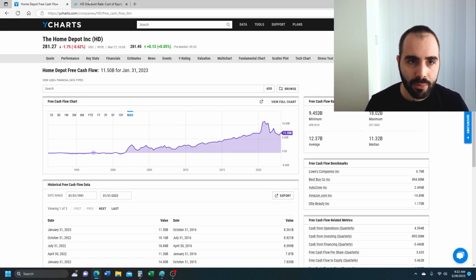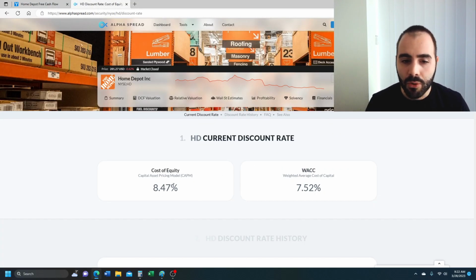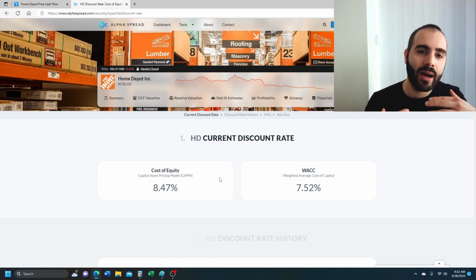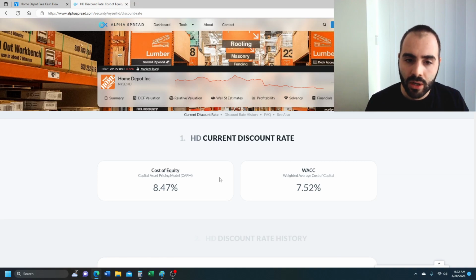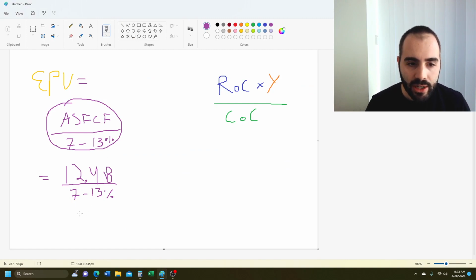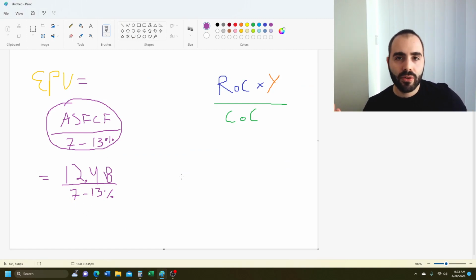If you look at, for example, Alpha Spread here, they go out to the second decimal place in terms of calculating the weighted average cost of capital and the cost of equity using the capital asset pricing model. This is largely academic nonsense. They are roughly accurate in approximating it, but there is no way you can determine what your actual cost of capital is. Only you can determine that for yourself. And that's the beauty of the earnings power value here, is that you're choosing a number between 7 and 13%